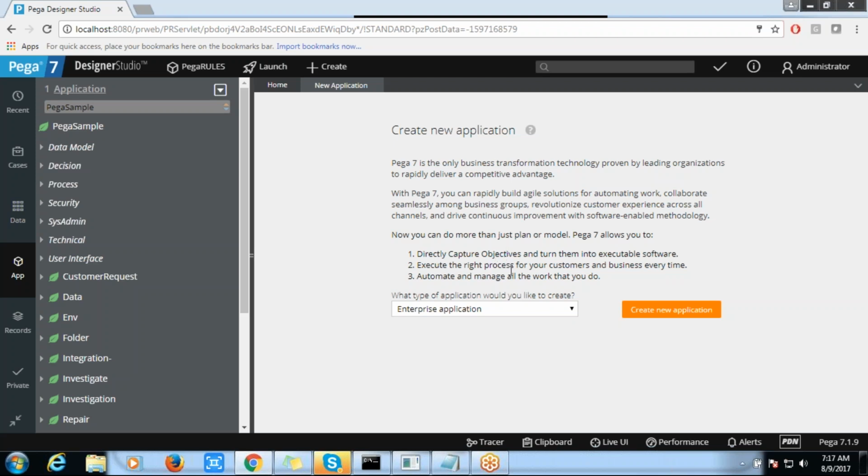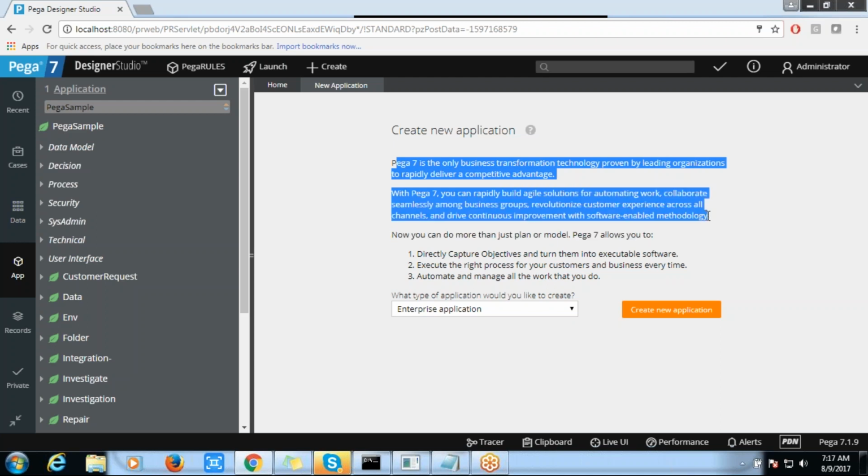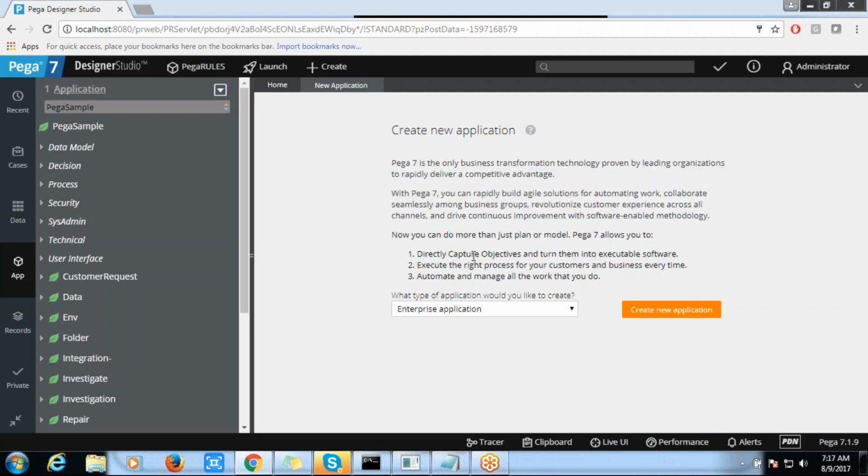So what are we going to do within this particular Pega application? They have explained everything here in detail, so you don't have to worry about the definitions or what options you can choose. Pega provides everything with a description, so you can learn there itself. You don't have to ask someone how to use it.